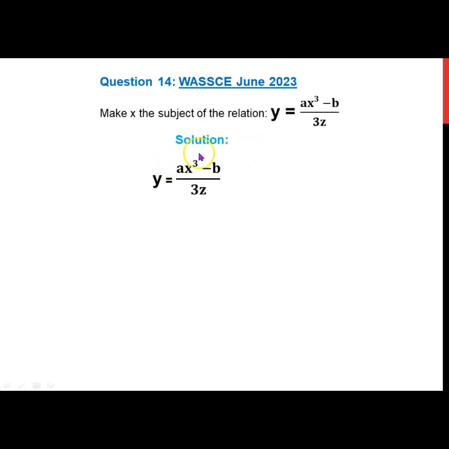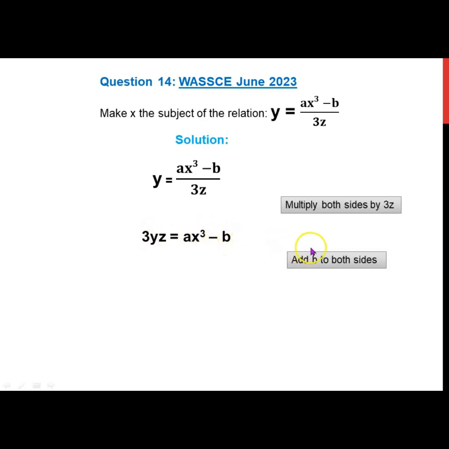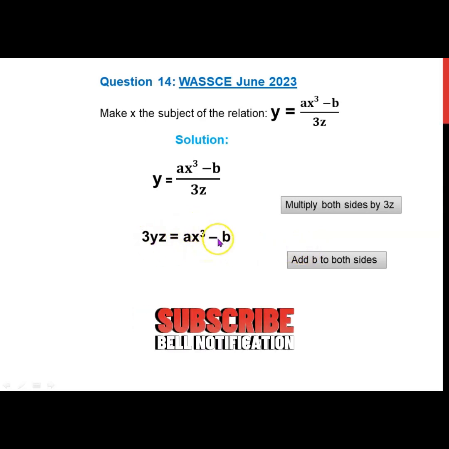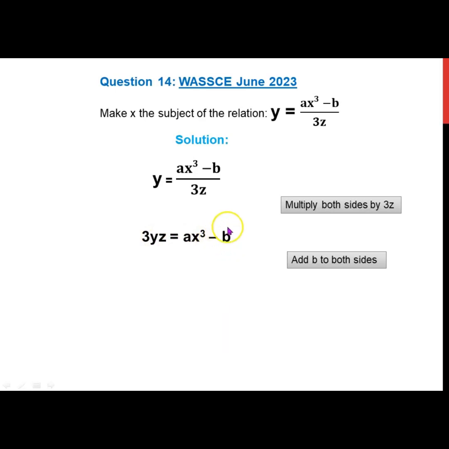Right, this is the question. Now let's solve it. For us to cancel out this 3Z, we multiply through by 3Z. Now we have 3YZ equal A S cubed minus B. So now we can add that B to both sides of the equation. Why? Because we are trying to eliminate this minus B. So by adding B to both sides,